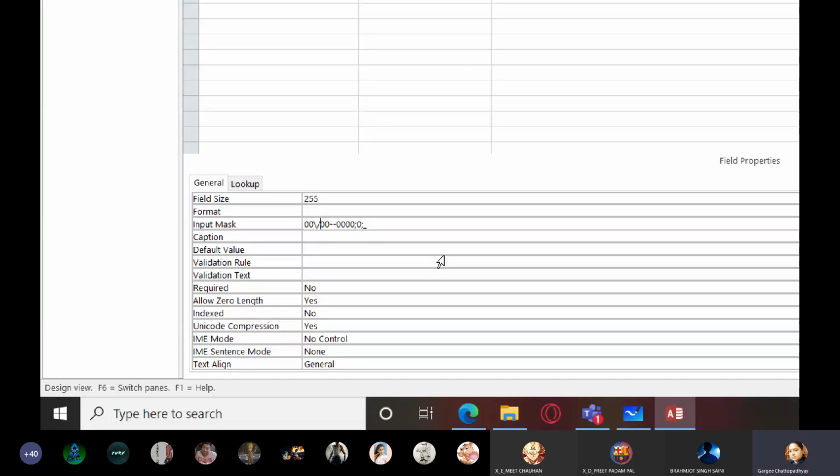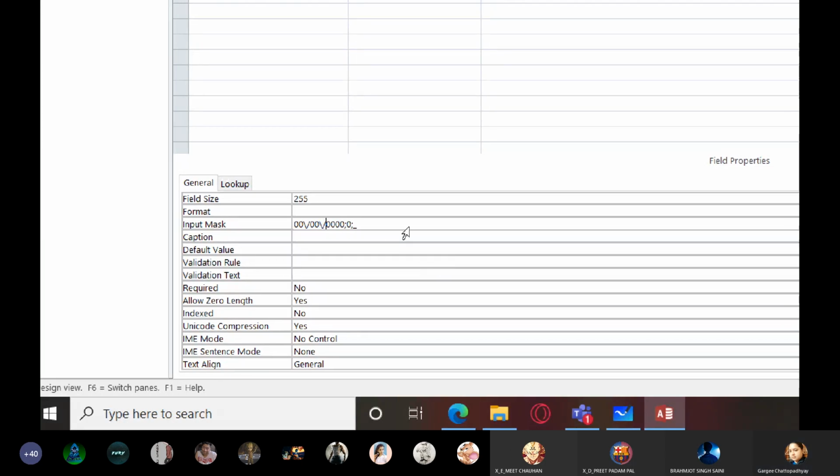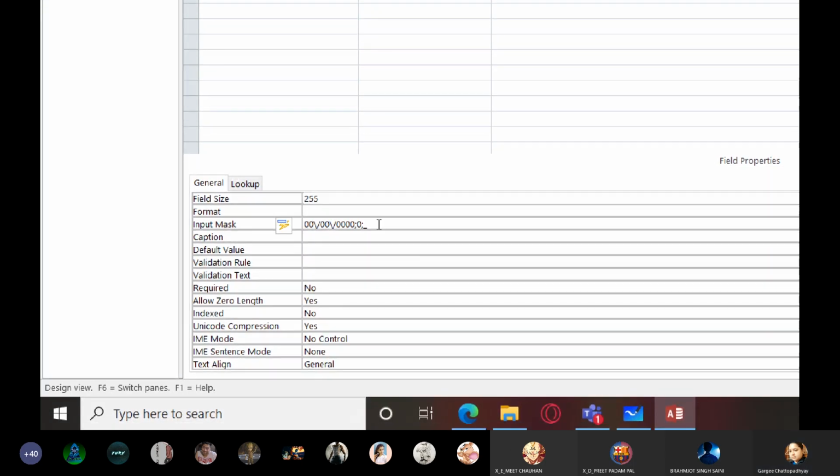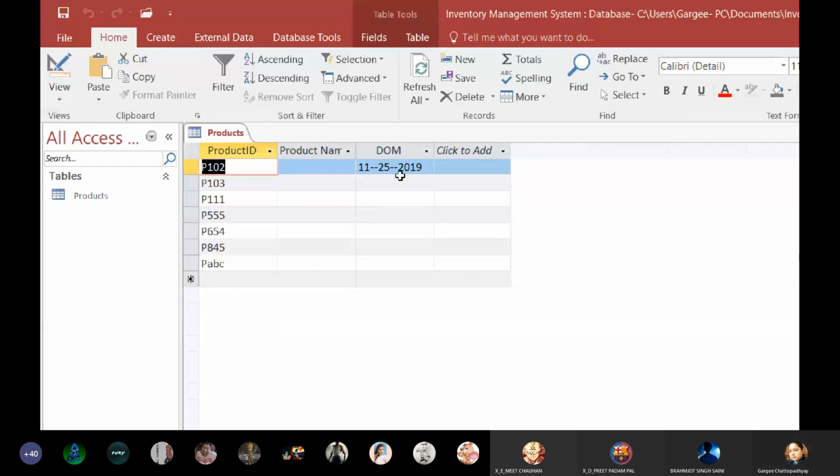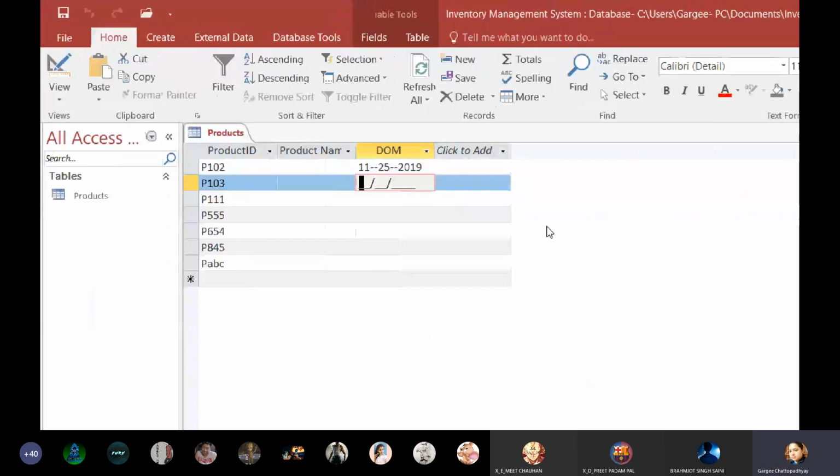What about this? Yes, now I'm getting it. Backslash won't work as is, but I can get it this way.